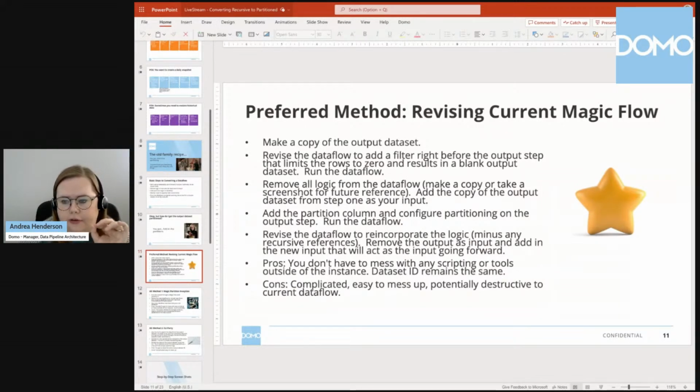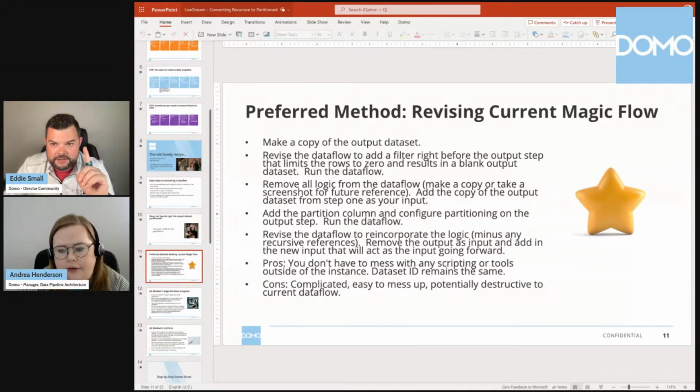Now what I want to do, in this step, is basically blank out my output data set. This is a little bit scary because this destroys data as it exists in your output data set. So you want to make sure that everything that exists in